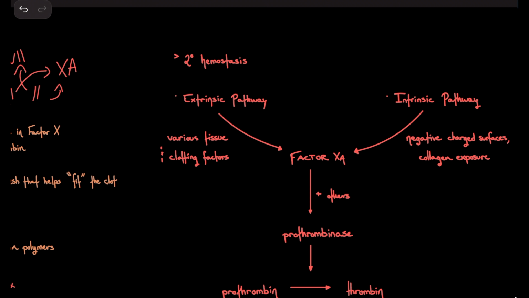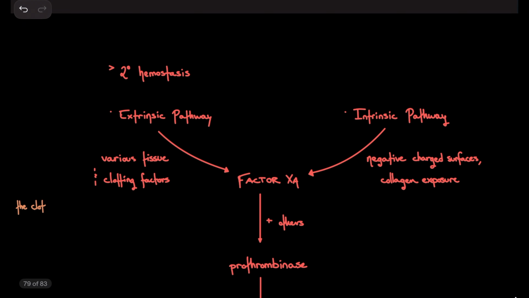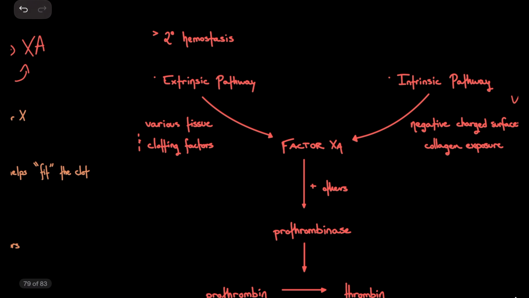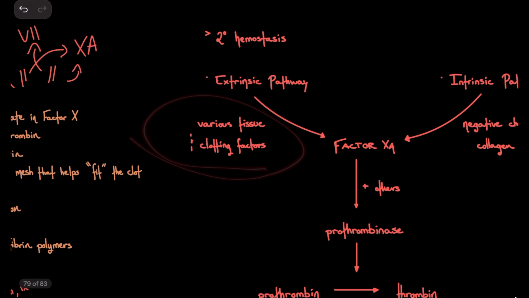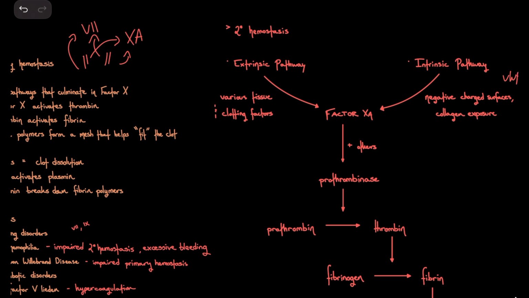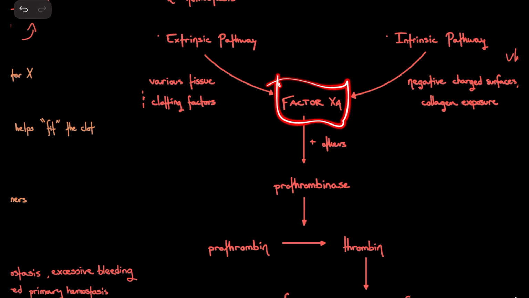So let's look at this pathway here. So not only does collagen have the von Willebrand factor on it, but it also has a negative charge to it, which also recruits more platelets. So we'll get more platelets and more clotting factors that way. And you have the various tissue clotting factors, or tissue and clotting factors that I mentioned here, just that convoluted pathway that complex diagram was referencing. All I care about is that leads to factor X. And factor X